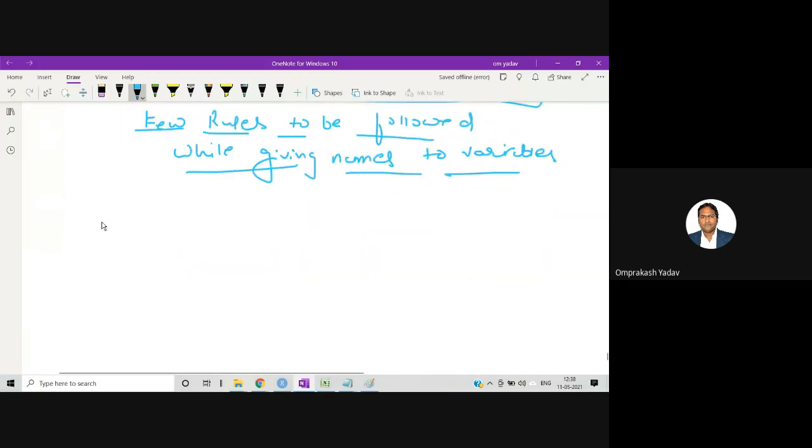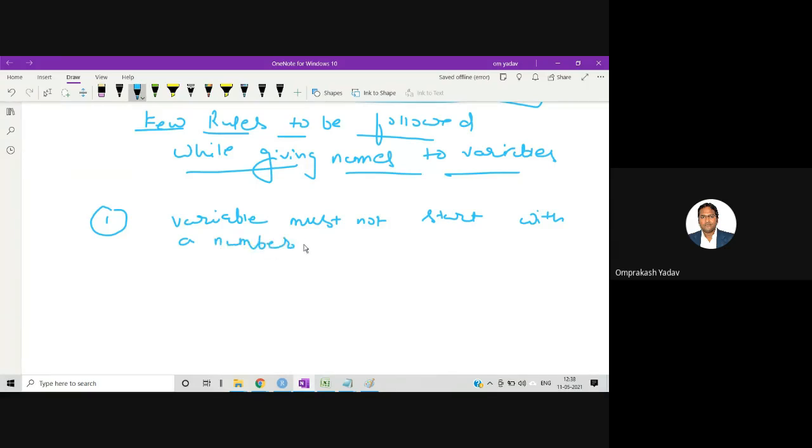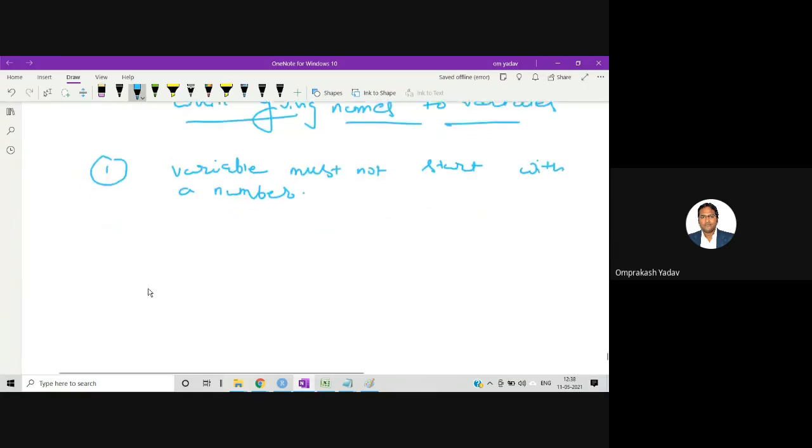So for example, the first rule is what? It says variable name must not start with a number. So a variable name must not start with a number.